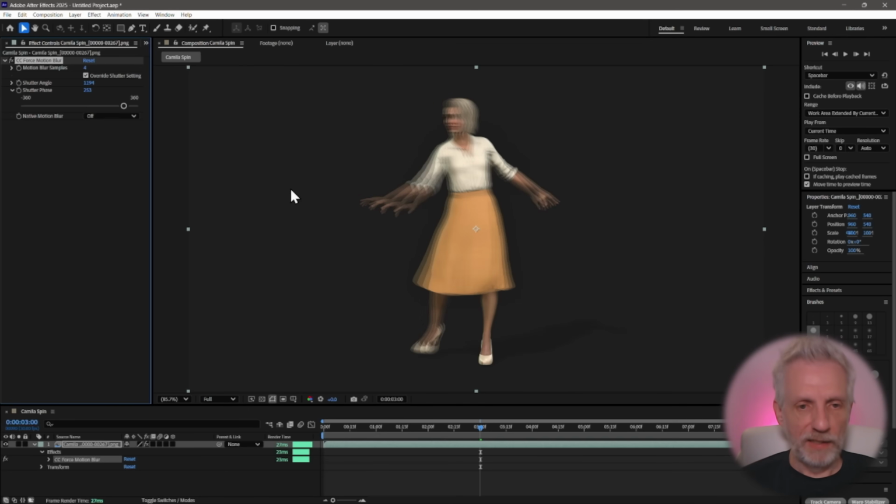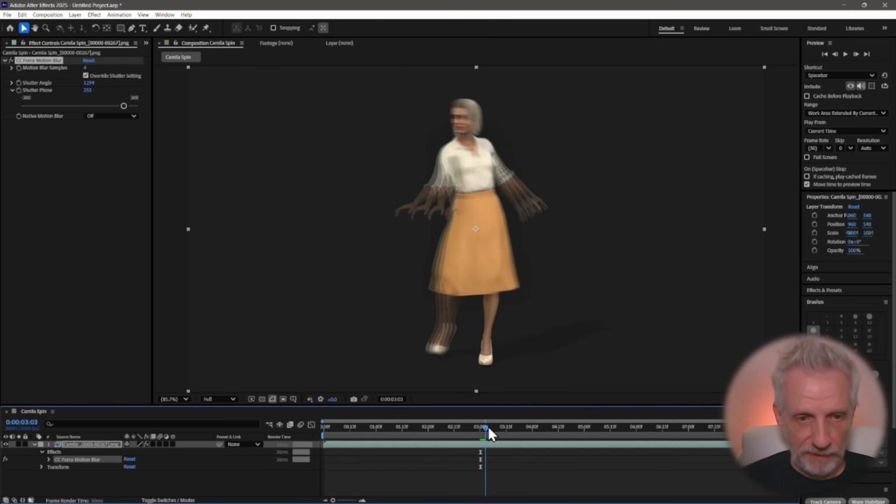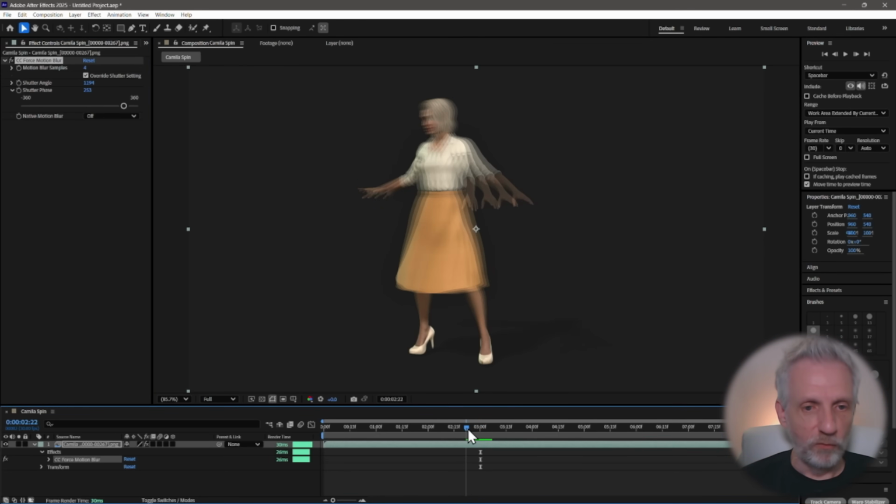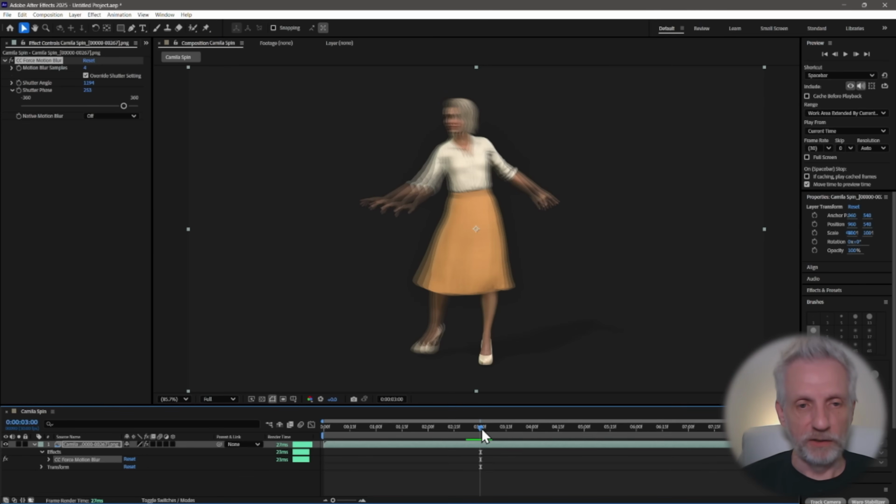Let's do that, 4. And then of course also use your playhead and go backwards and forwards and see where the best position of that blend is. And I'm thinking that might be here. Now, even with 4 images, it still looks very blurry, but that's now where your original image could blend in